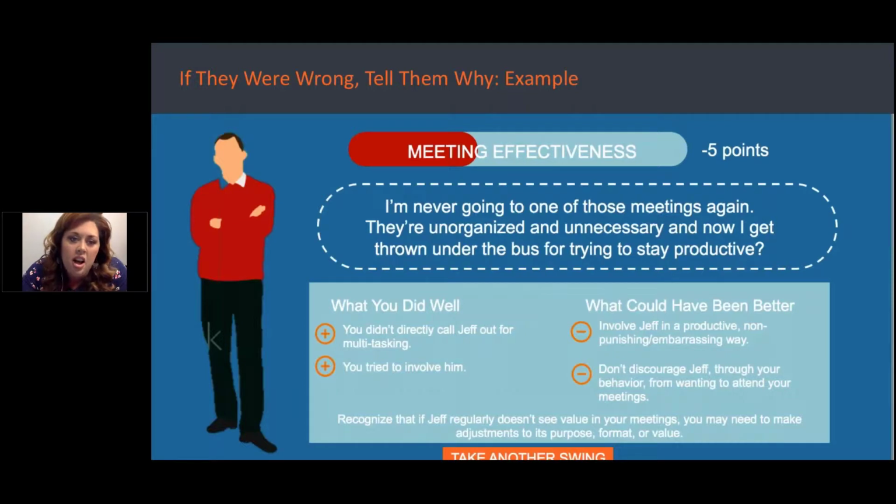This is critical. This is an example of what that looks like too. So here's what could have been better. And this is just a mock-up from an e-learning course. You'll notice over there to the left, though, this is one of the most important things I could tell you